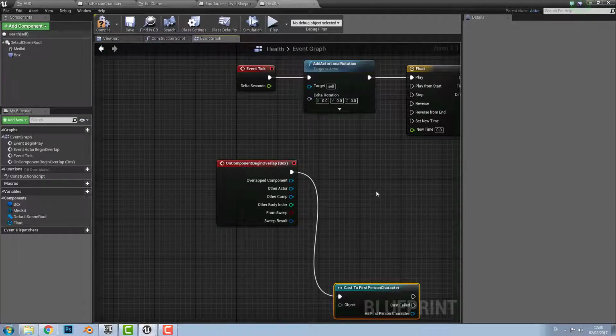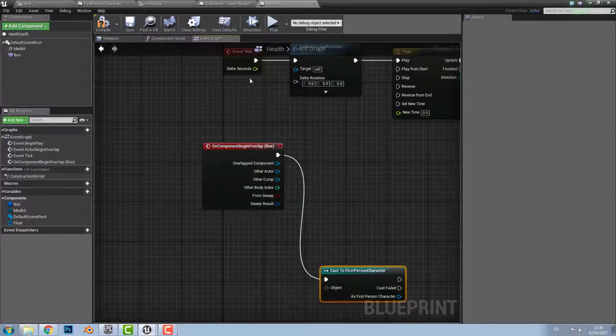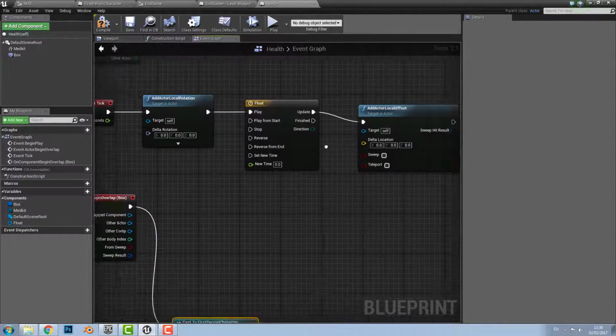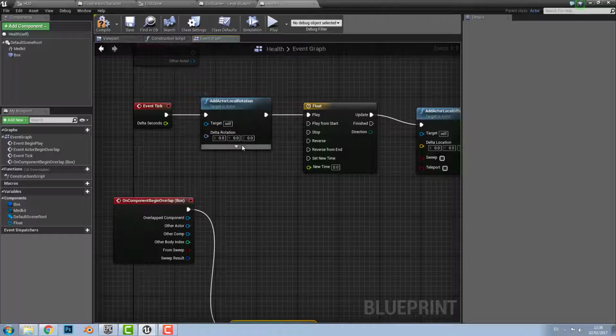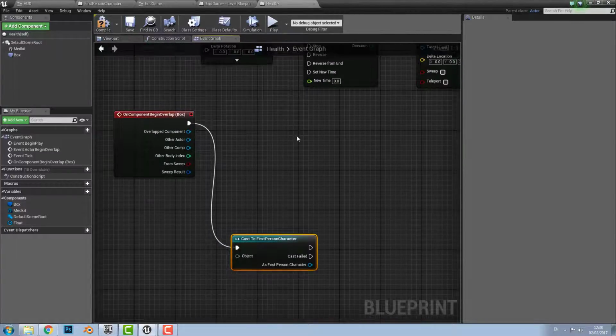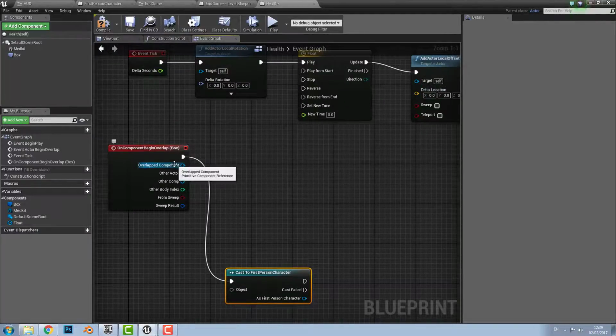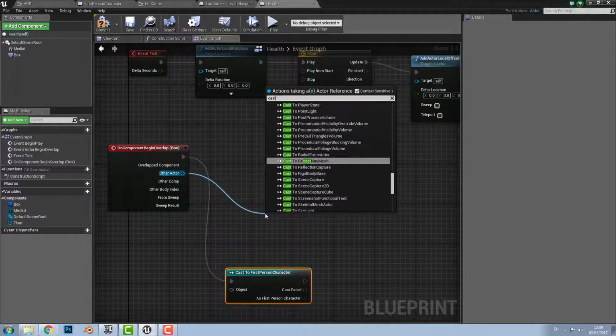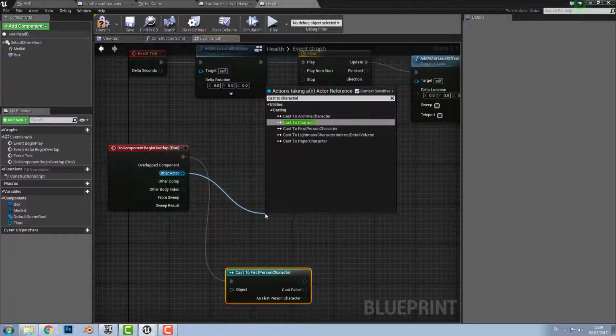and the reason why I'm doing this is also for the health, because this piece of code, which isn't finished yet, but you'll see at the end, the code that's going to go up here is going to make the object float, and the code down here is going to add to the player health. And then from that we are going to drag out from other actor and cast to character,